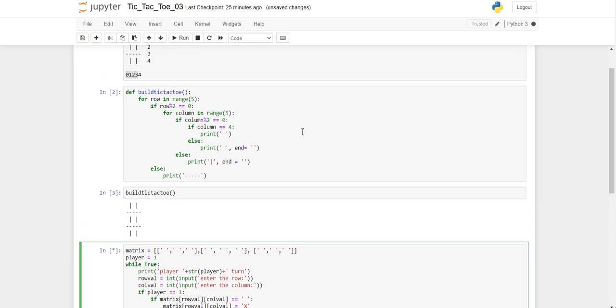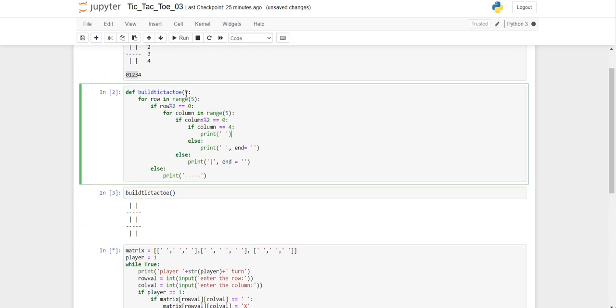We have to make some changes here because we are fetching that matrix. Here the rows and columns will loop for each including the blank space as well as that slash as well as that horizontal line, but we have to consider only these empty spaces where we have to fill those values.